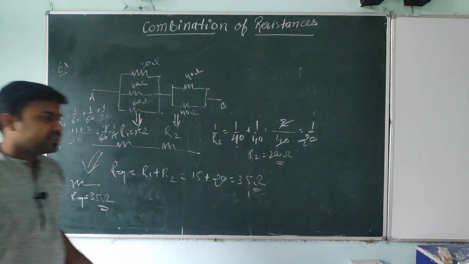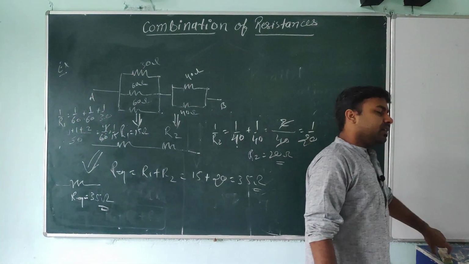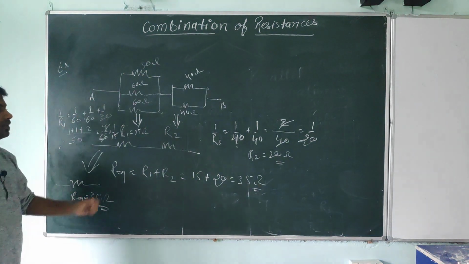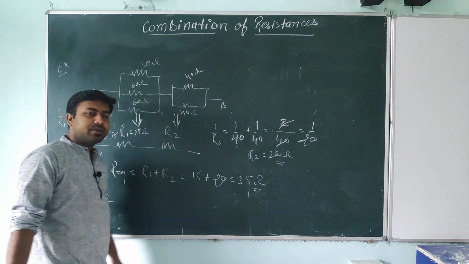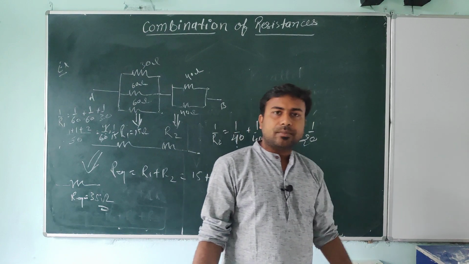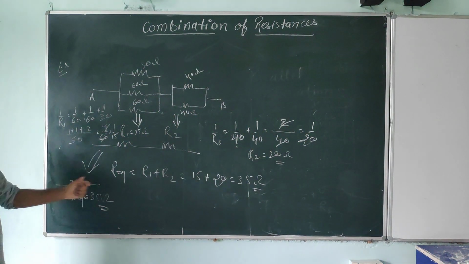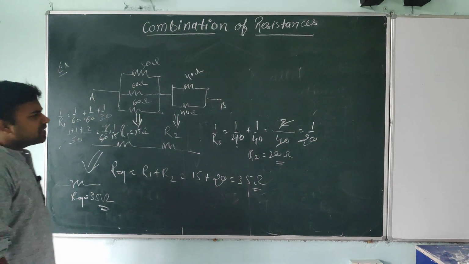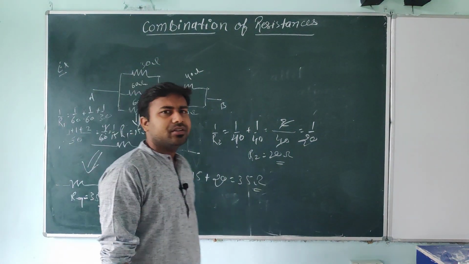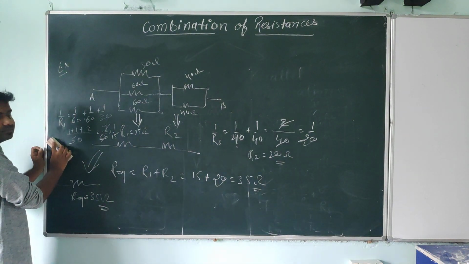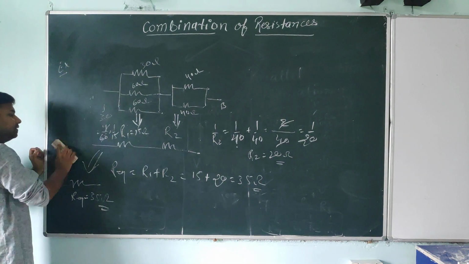It's a very simple example, students. What I did here, we just started with the complex part. Okay, first try to reduce the complex part step by step. If you follow and apply the two formulas, series and parallel combination of resistance, easily you will get the answer. Okay, and in 10th class we have this type of questions only. Okay students, I am going to take one more good example. It's a basic example.